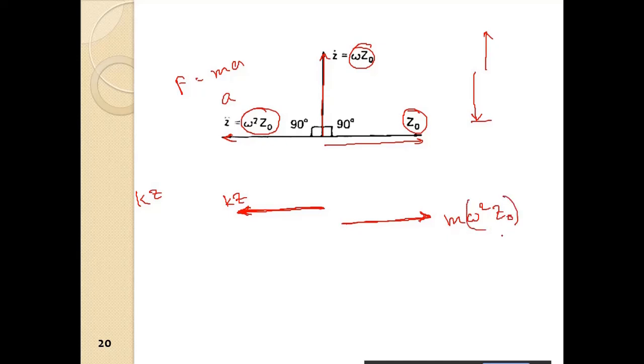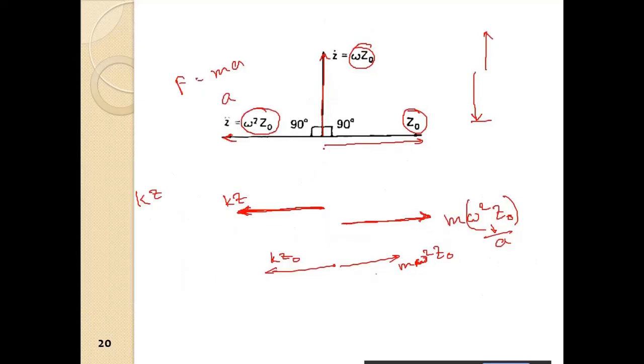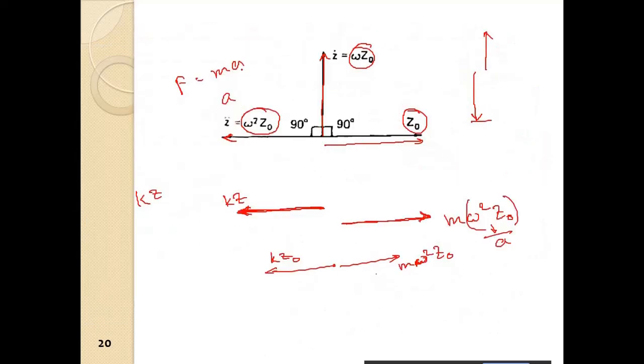Okay, so this is acceleration a. Right, so we have the force vectors kz naught, and m into omega square z naught. Now so far we have considered only a spring mass system,